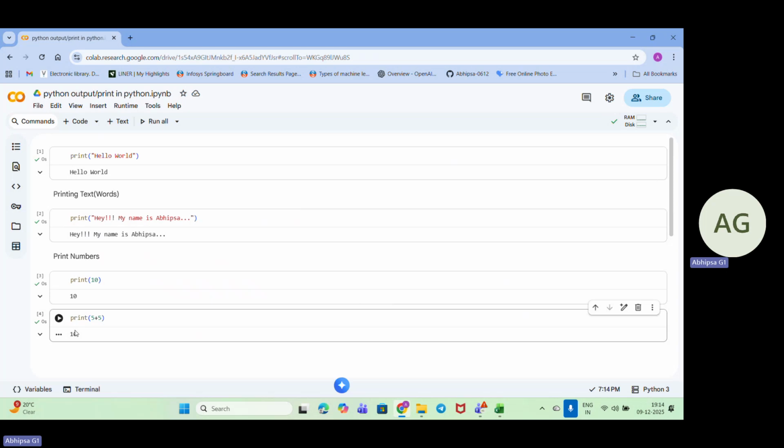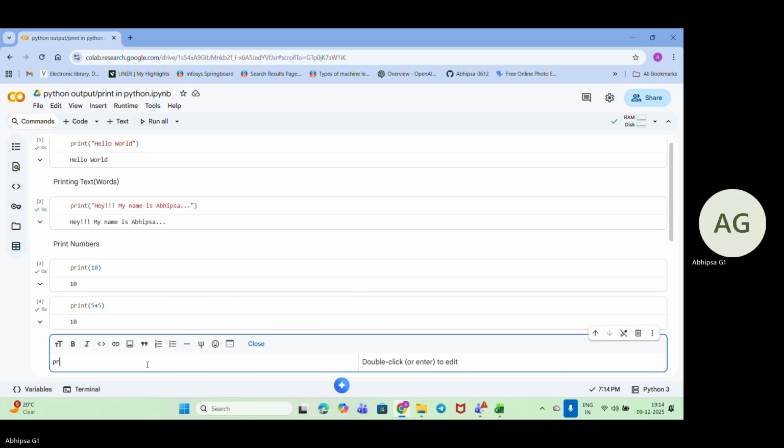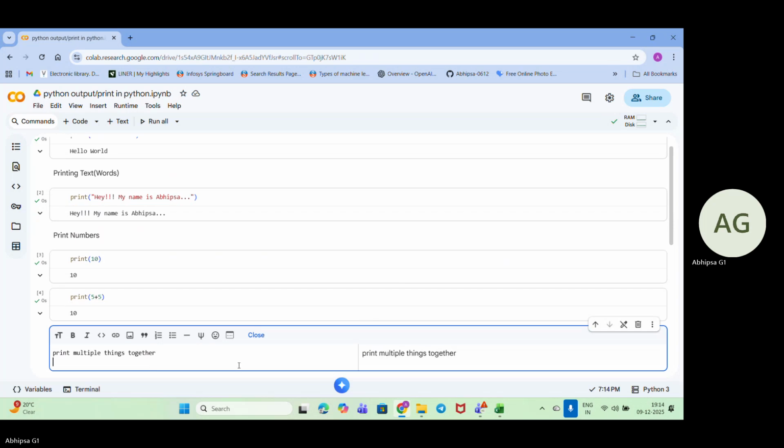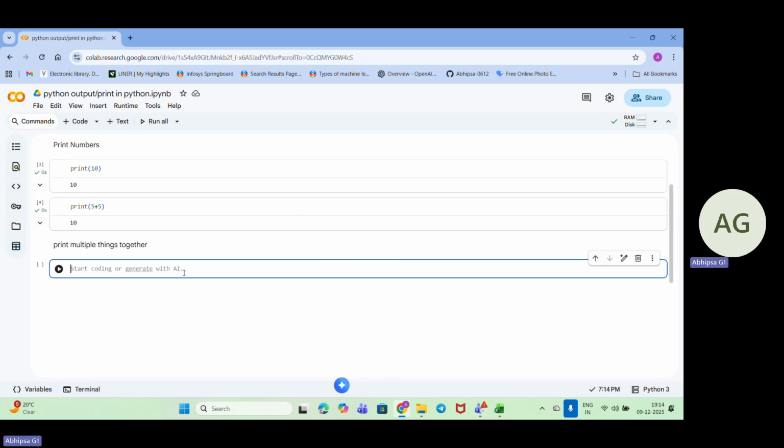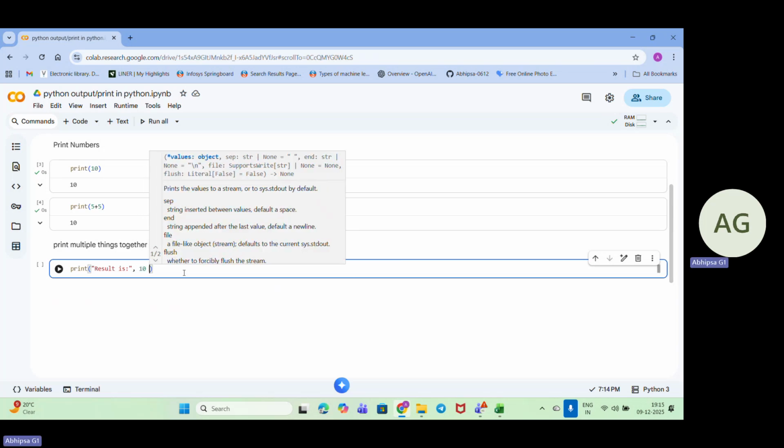Now if I want to print multiple things together, in that case we will be using print "result is", 10 plus 5, right?